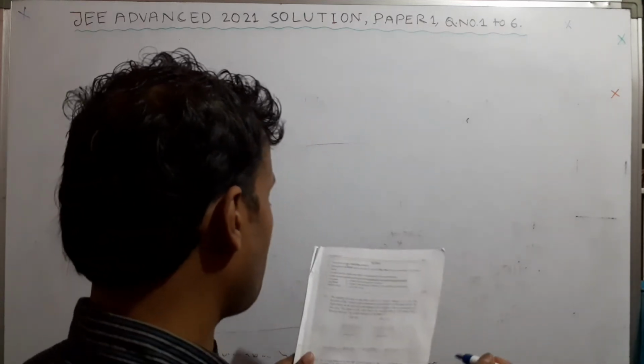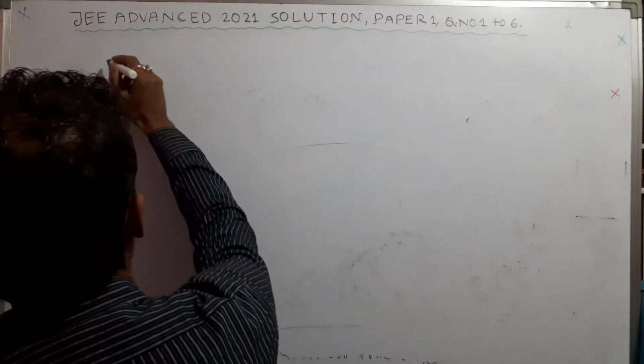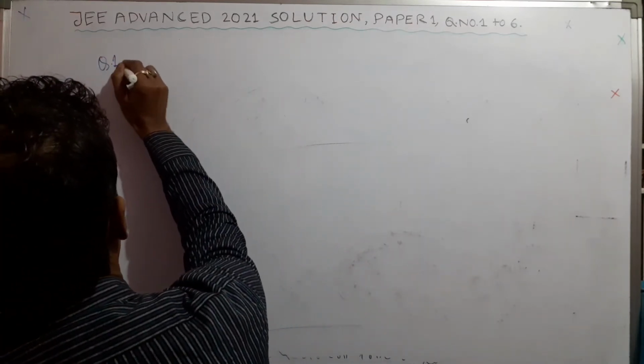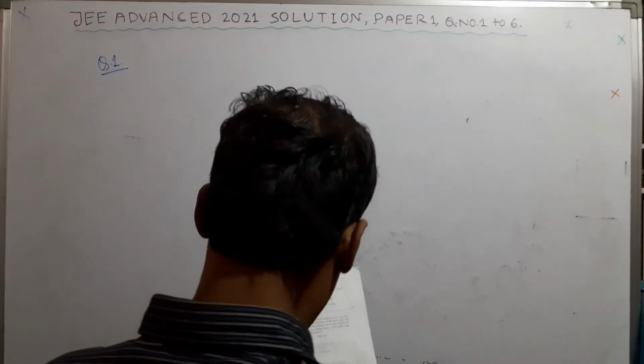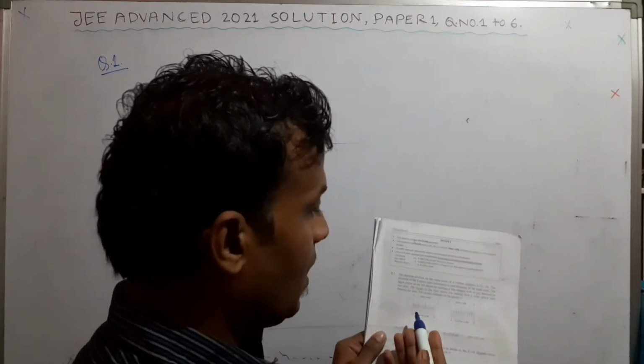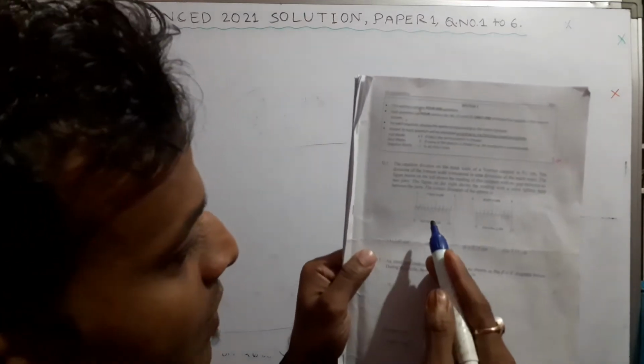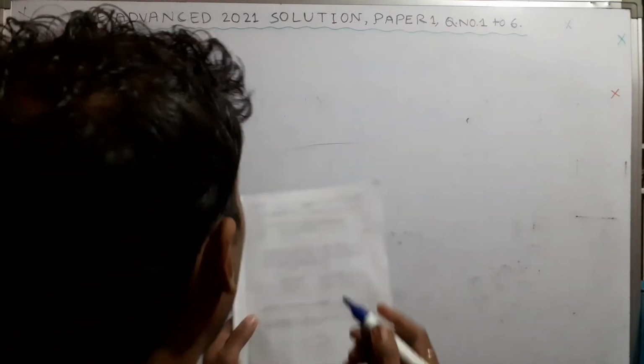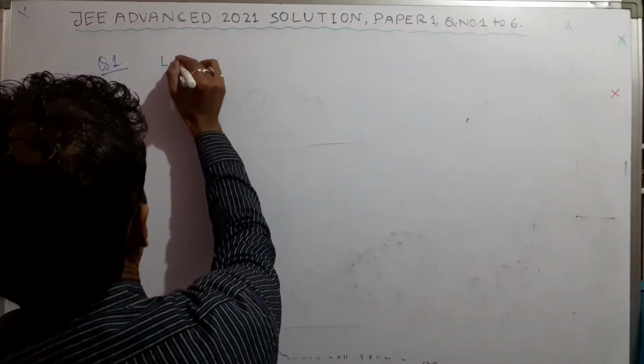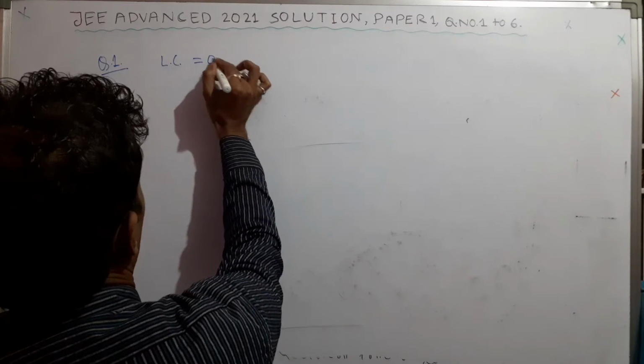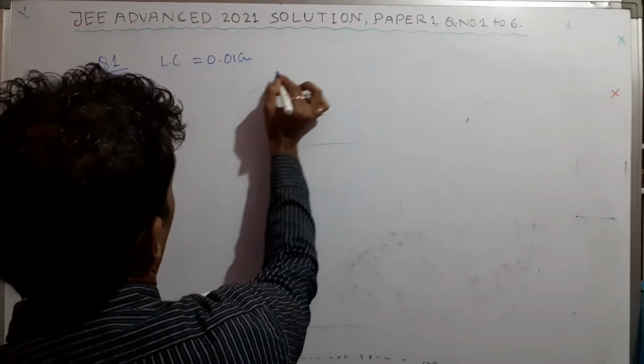So in the first figure you can clearly see the zero of the vernier scale is ahead of the zero of the main scale. So here obviously zero error is there that you can see, okay, and as we know that the least count of vernier caliper is 0.01 centimeter, therefore zero